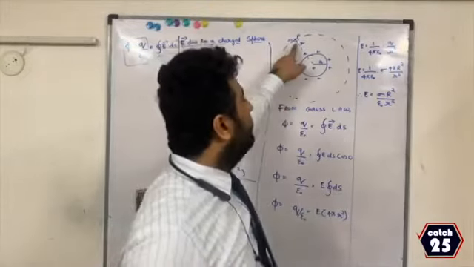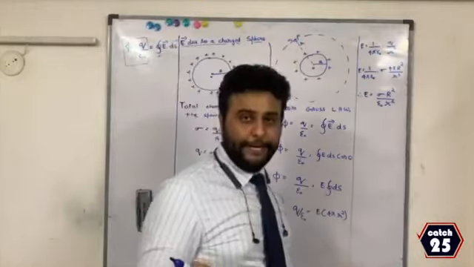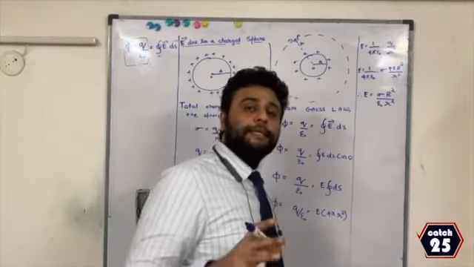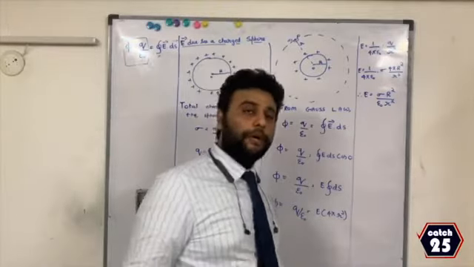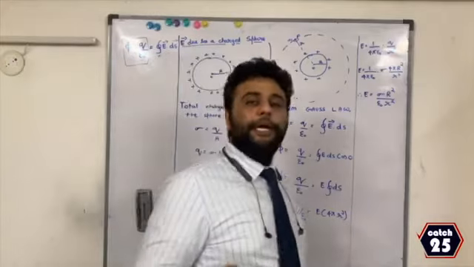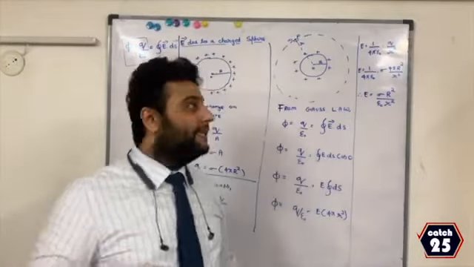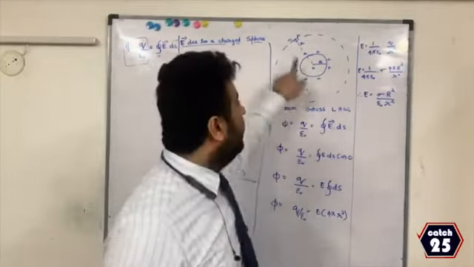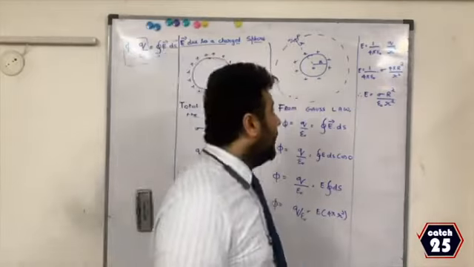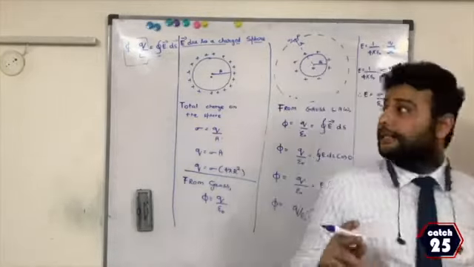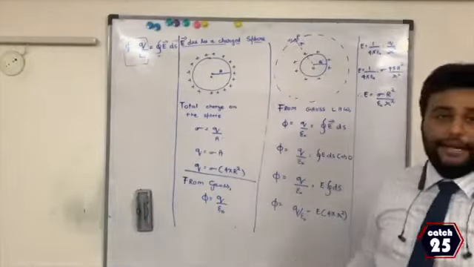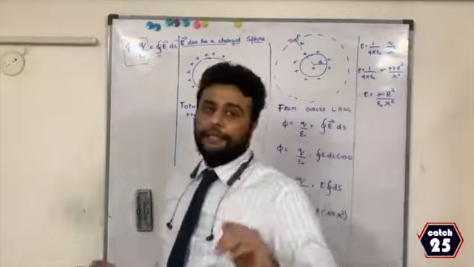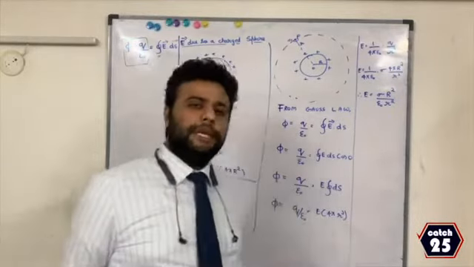Now, if I want to find electric field at a point P, I cannot find it using Gauss theorem unless it is a part of a closed surface. So what I do is I assume point P is a part of an imaginary sphere called the Gaussian sphere, and it occupies a very small area ds. Now if you notice, the Gaussian sphere has a radius small letter r and our actual sphere has the radius capital letter R. Remember, Gaussian sphere is an imaginary sphere. It is actually not there. We have imagined that sphere to be there.